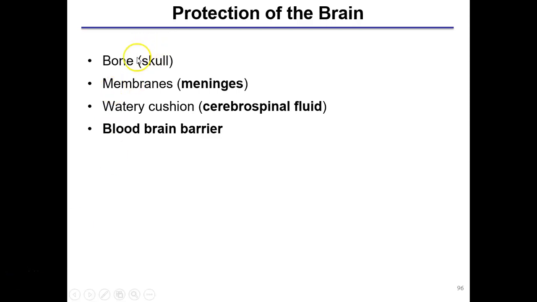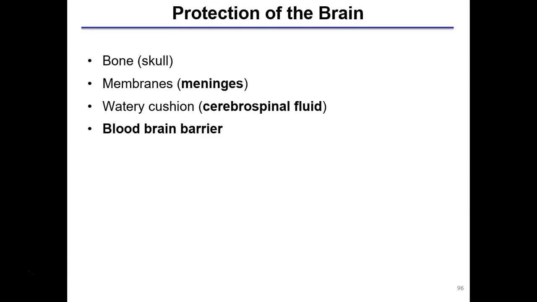So there's 4 structures altogether which provide a degree of protection to the neurons within the central nervous system. First of all, there is the bony protection afforded by the skull for the brain, and the vertebral column in the case of the spinal cord. And then there are the connective tissue coverings, or the membranes which surround the outer surface of the brain and help protect it, which are known as the meninges. And there's 3 different meninges: the dura mater, the outer layer, the arachnoid mater, and the inner membrane being the